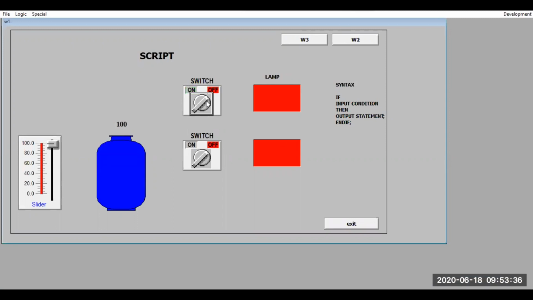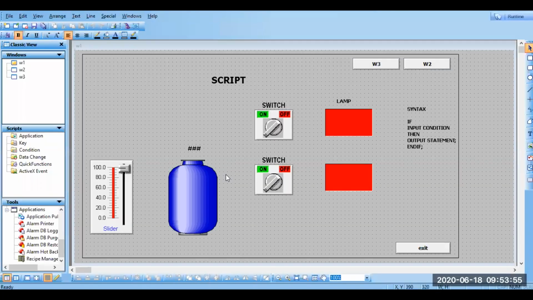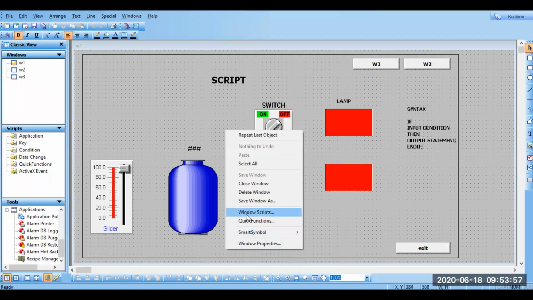Right? The switch is off. That's it. You cannot turn on this. Gradually it will be increasing if you turn on every time. So like this, you can customize the program according to the requirement.